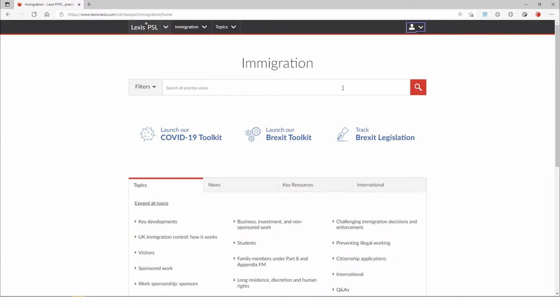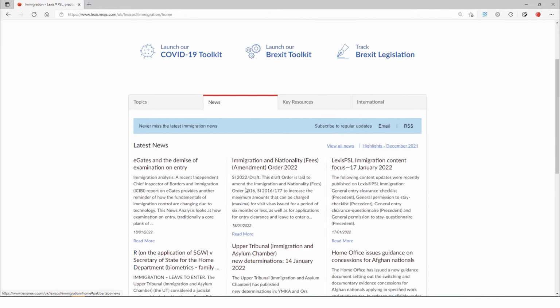On the first time that you do it, I would recommend that you go up here where it says My Settings and click on that, and you can then set up to receive daily or weekly news alerts coming through to your email. And they will take the form of email updates, which show all of this news that comes through. So if I give you some examples of that,